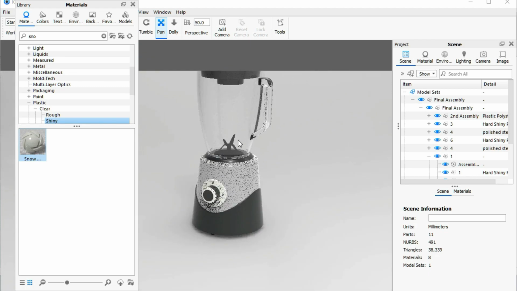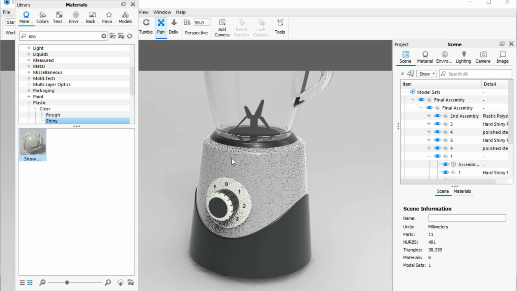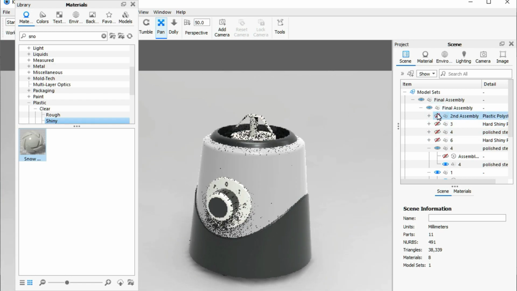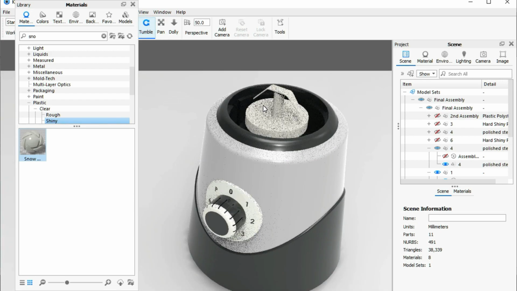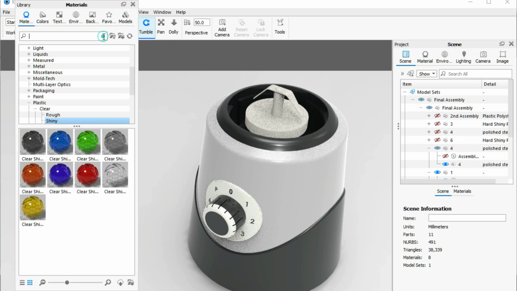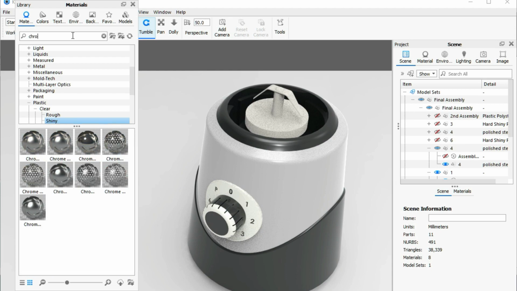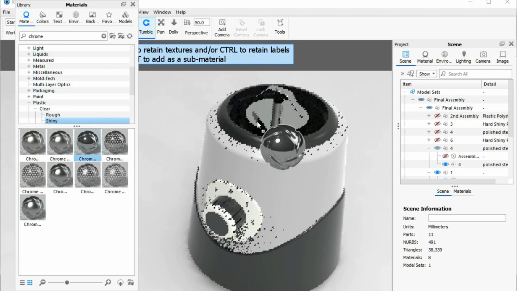Okay. Next is we have to apply some materials behind this. So let's go to here and let's hide some. Okay. Now we can apply some materials. Okay, we need some, let's say, chrome material on this side.